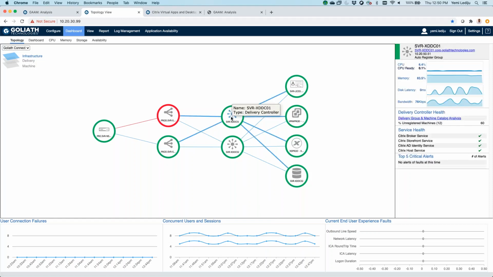So as I click on a particular component on the right-hand side of the screen, I can now see resource utilization at the top of the screen here, context-specific health checks based on the role of the component in the environment. And then at the bottom of the screen here, any alerts that are triggering off. So here's where I would be able to quickly identify things like connection failures due to not having enough machines in a machine catalog, or XML failures,